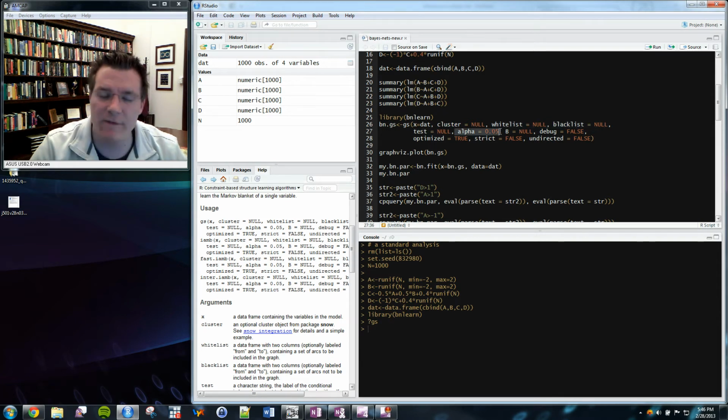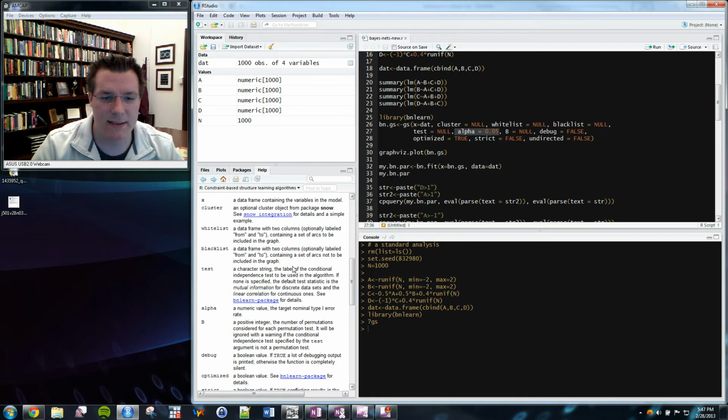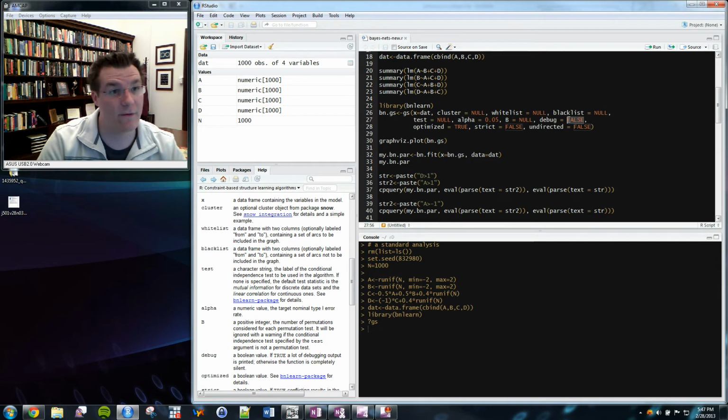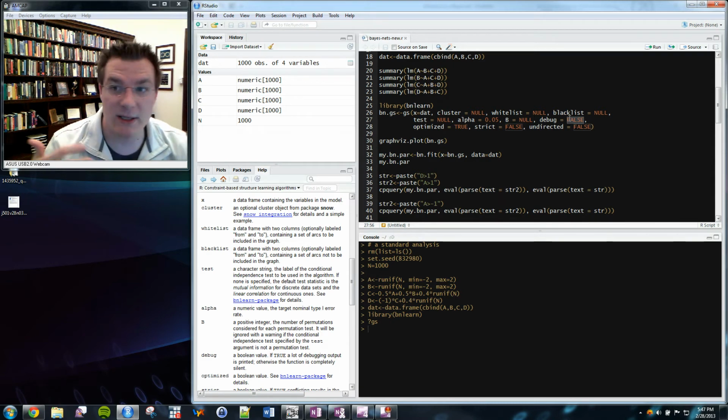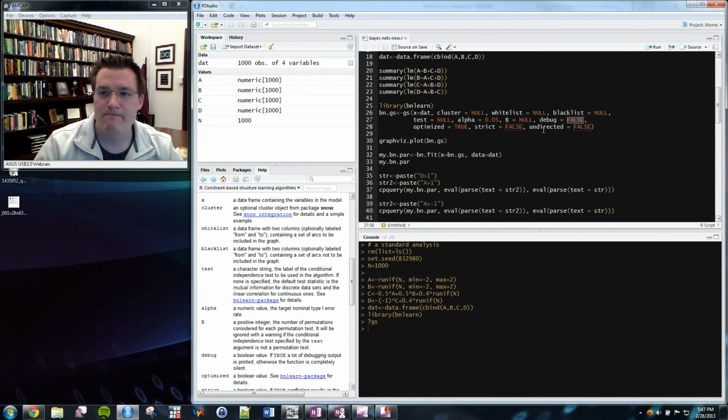Alpha is 0.05, which tells us basically how statistically significant a relationship has to be in order for it to be called an edge in the network. B is the number of permutations. These are just other options. Debug, false. If you set it to debug true, it'll actually tell you each step of what it's going through to construct this network. Undirected, false, indicates to the algorithm that you want it to recover directionality in